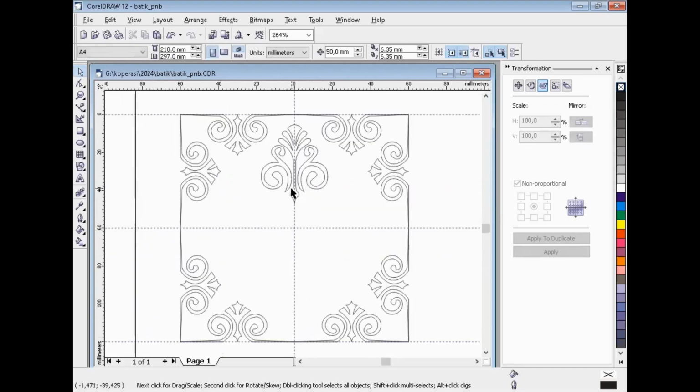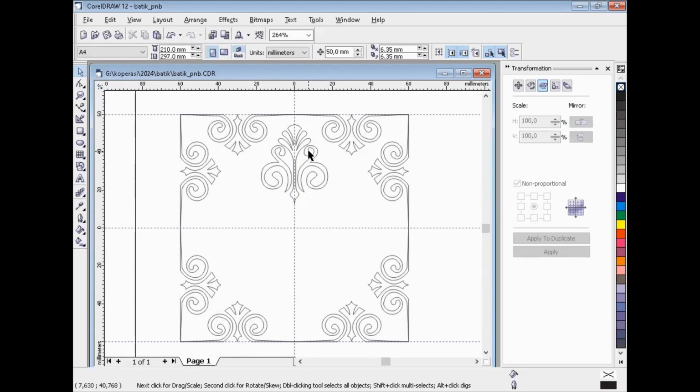And we will try to rotate this object. Now we can move the center point of this object to here, the intersection. Now the 0 point is here, 0.0.